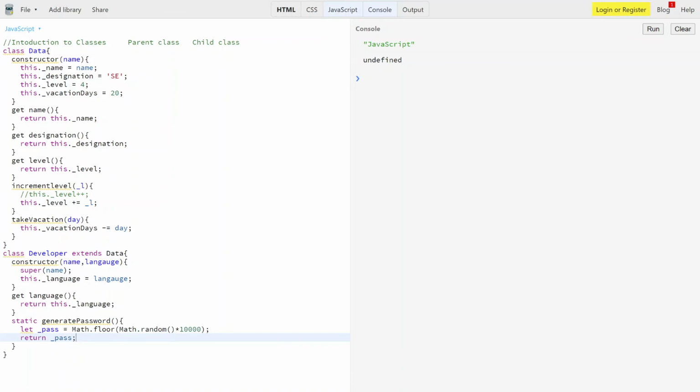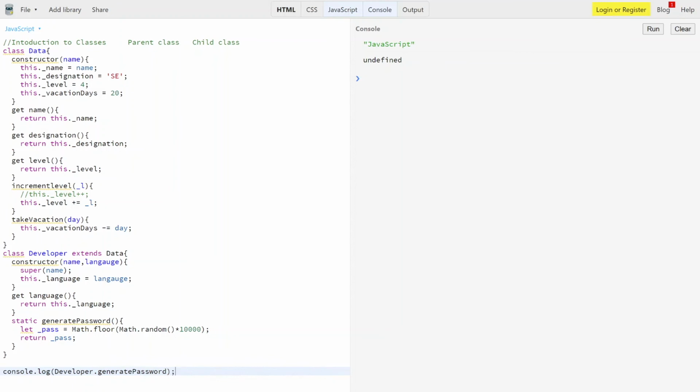Okay, let me create one more. I want to access the generate password. So how can we access it? We have console.log over here, which is Developer, and then dot. I'm copying that password method and pasting it down.